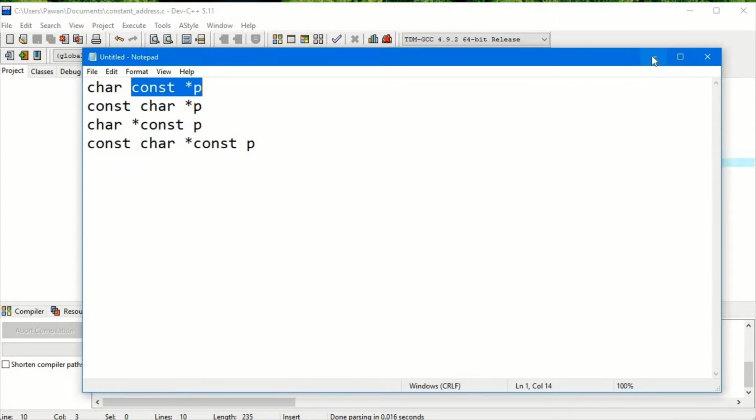So let's have a look at an example code of these first two, which are similar. We'll see in Dev C how this example will work.